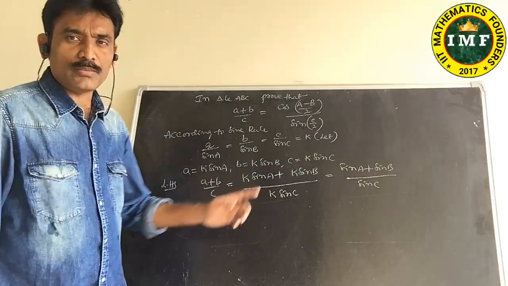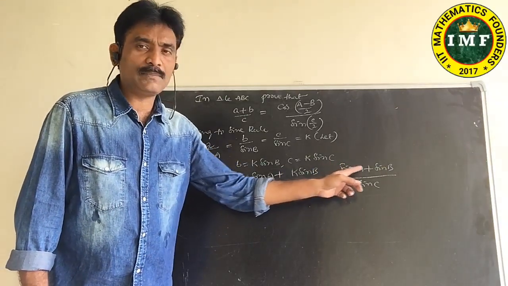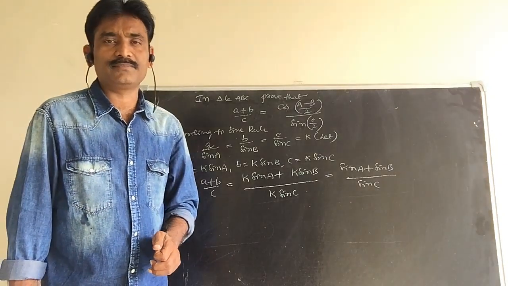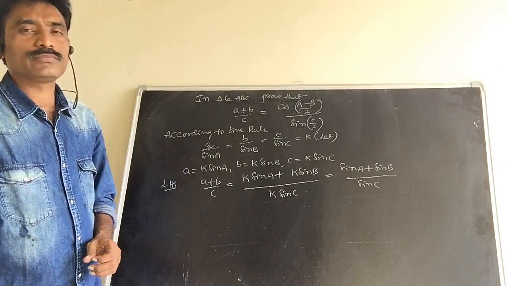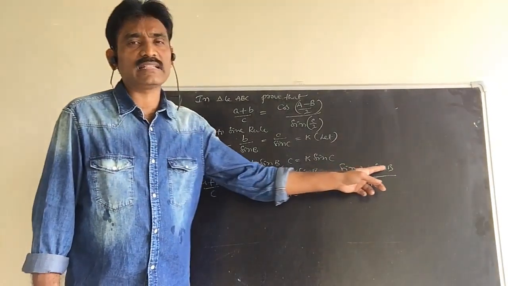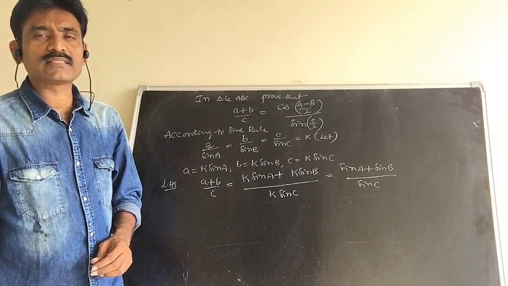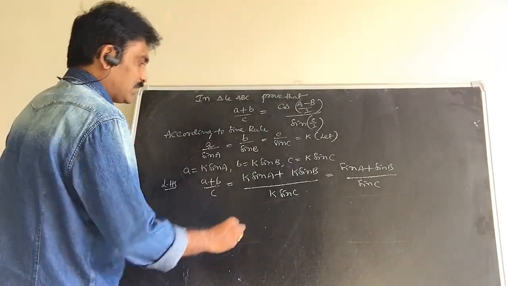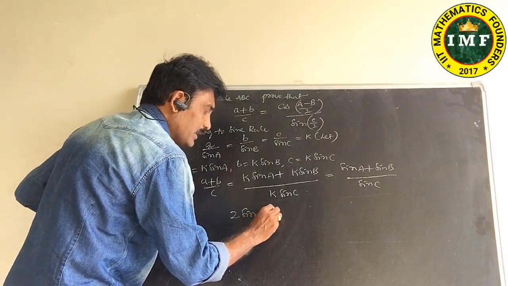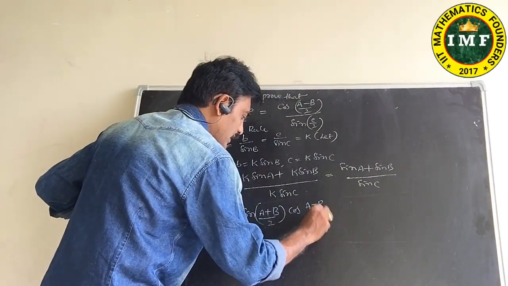If you observe the numerator, it is in the form of sin c plus sin d. So sin c plus sin d, how is it defined? Sin c plus sin d is defined as 2 sin (c plus d) by 2 cos (c minus d) by 2. According to that, we can write 2 sin (a plus b) by 2 into cos (a minus b) by 2